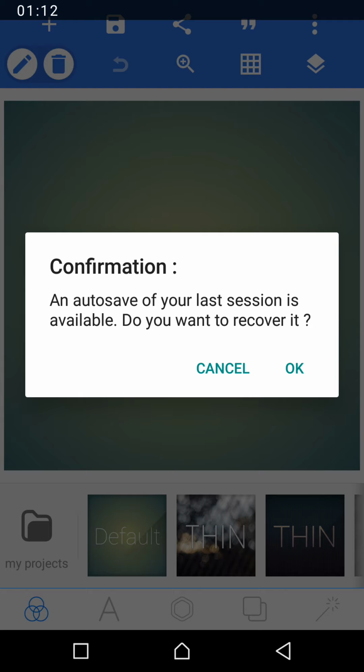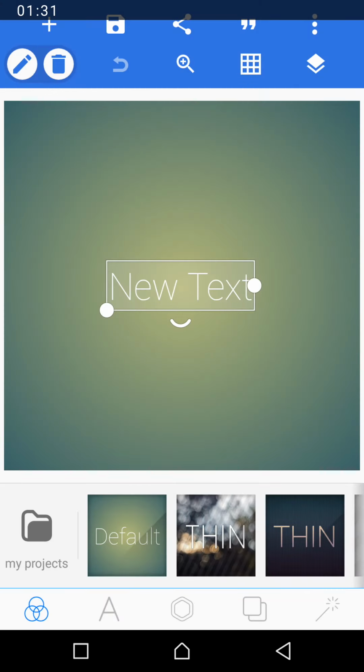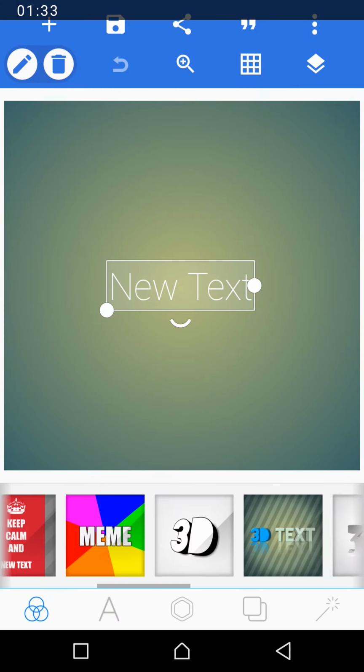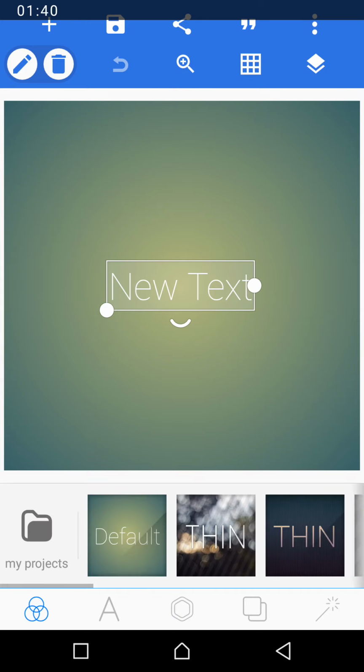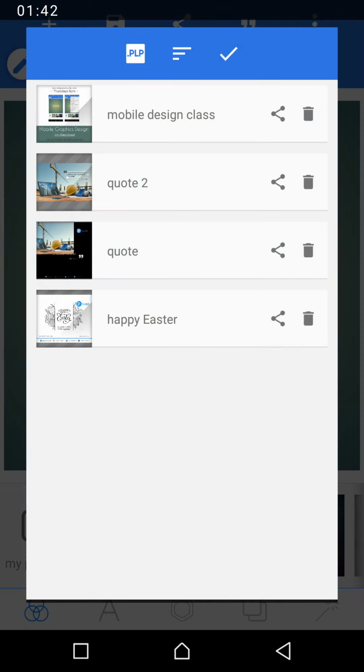Okay, a quick one. As you can see, we're in the Pixel Lab user interface, and of course, there was a project I did earlier. It's asking me if I should recover it, but I don't want to do that, because I want to start on a fresh slate, so I'm going to click cancel. Quickly, we're going to scroll down. By the way, let me show you this. If you go to project, this is what